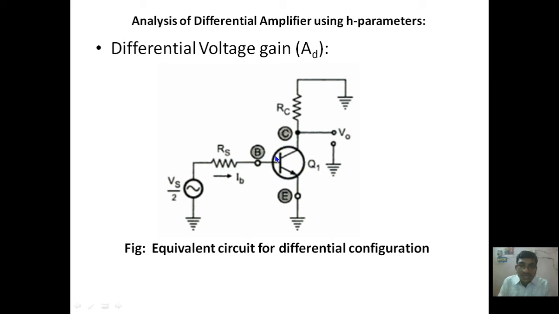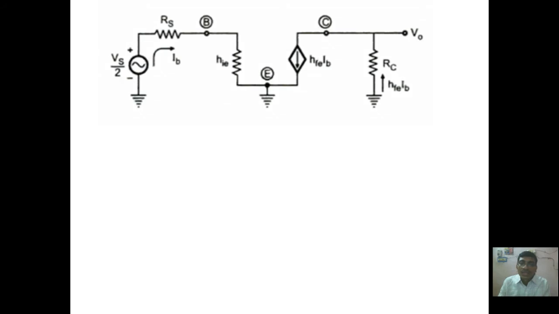Next, the transistor equivalent circuit we have drawn, with Vs and Rs mentioned, and the only parameter we still have to mention in the equivalent circuit is Rc. This Rc is in between the Q1 collector and the ground terminal. So from the collector to the ground we have mentioned Rc, and we are taking the output voltage across the Q1 collector to the ground terminal. That's why V0 is mentioned here. So here you can observe the two loops: one is the input side loop, another one is the output side loop.